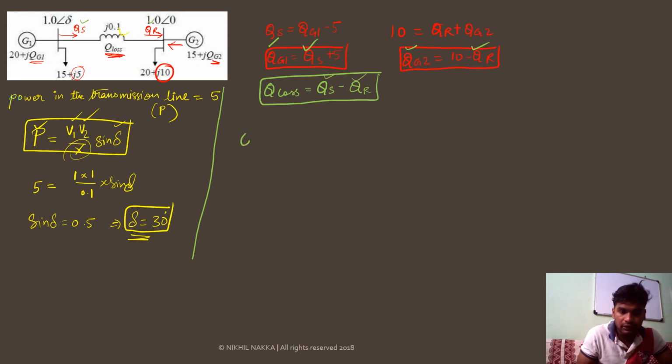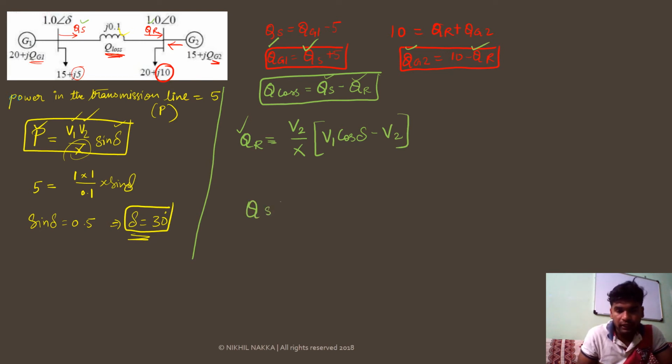Now let's find out what Qr is. I request you to please keep in mind these equations for Qr and Qs. In some other special video, I will discuss how we arrived at that solution. Most of you will be conversant with the equation of Qr, but Qs will be a little bit different, a little bit opposite. So let me write it down. Qr will be equal to V2 by X into V1 cos delta minus V2. This is the equation for Qr.